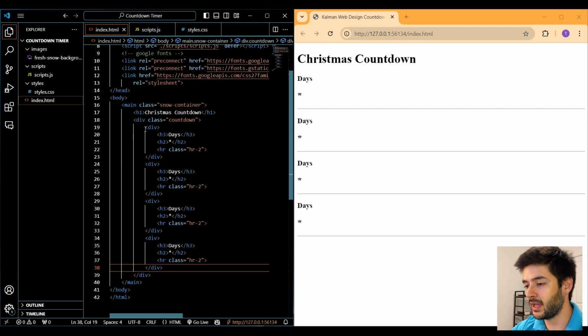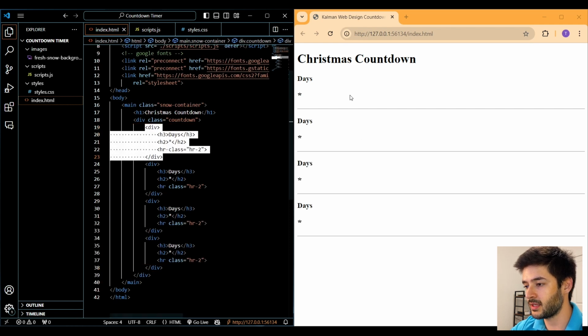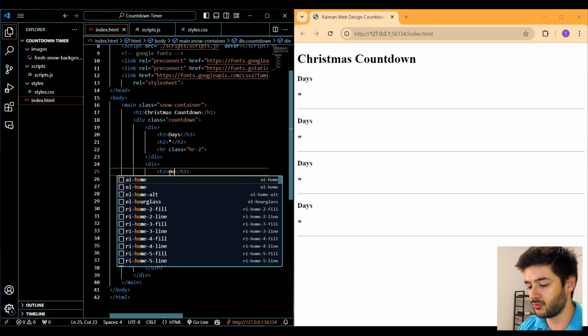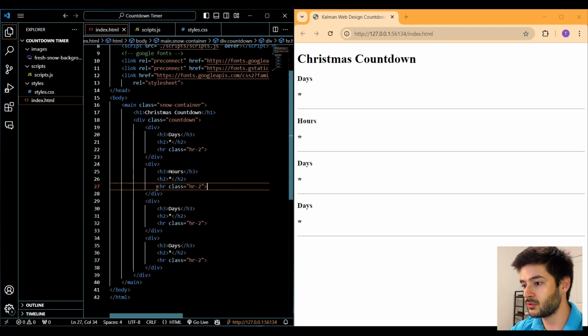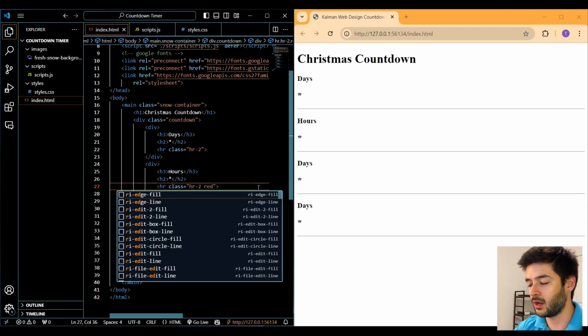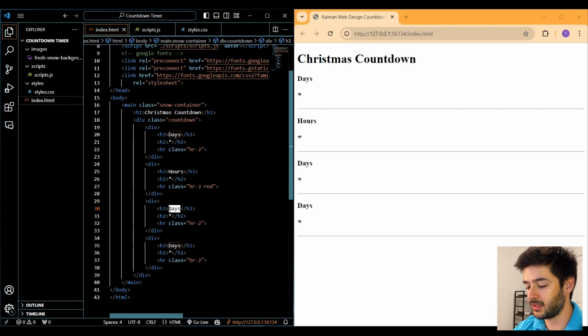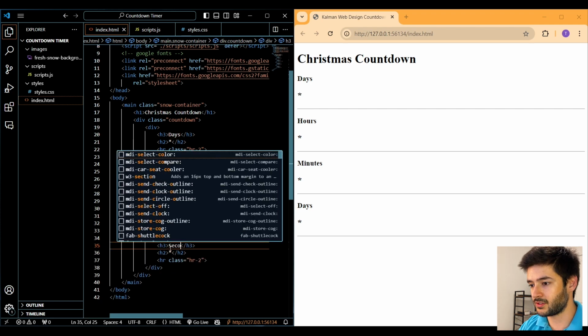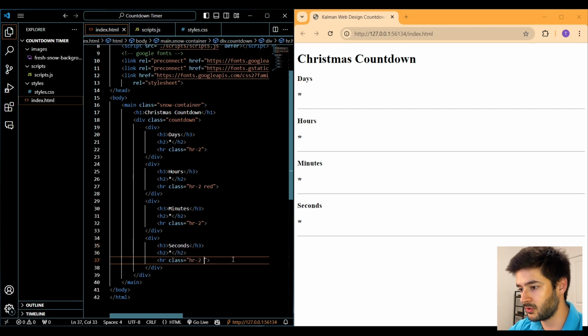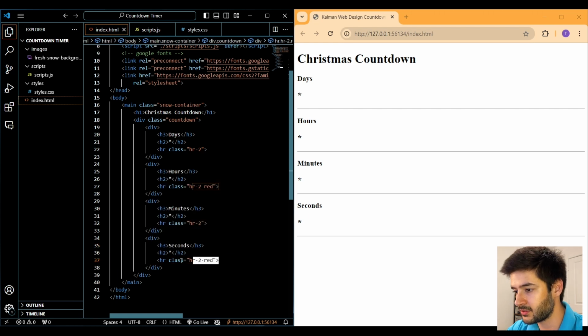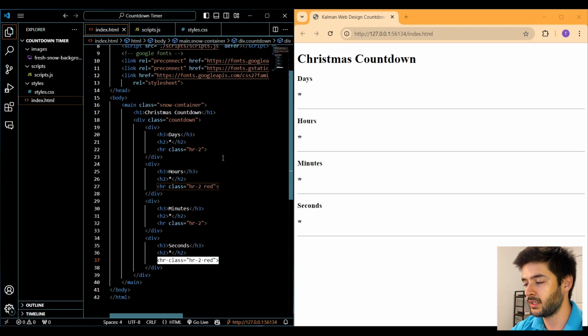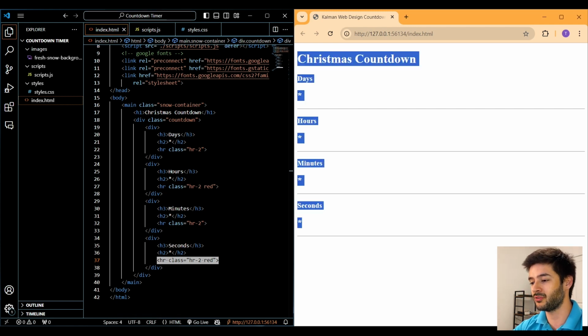times. And so now that I have 4 of these div elements, you guys can see that I need to change out the text. So for this second one here, this is going to be our hours. And for hours with our HR element, we're also going to include a class of red here. Next, we're going to update this one to minutes, and the last one is going to be seconds right here. And then we're also going to include that red class on the HR element right here. Now you guys can see that we successfully have our HTML structure set up and ready to go over here